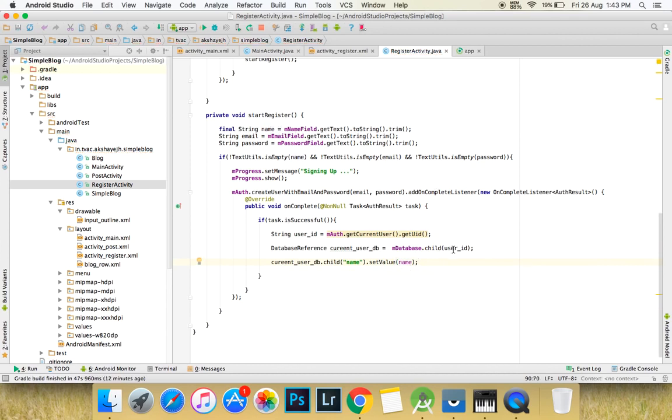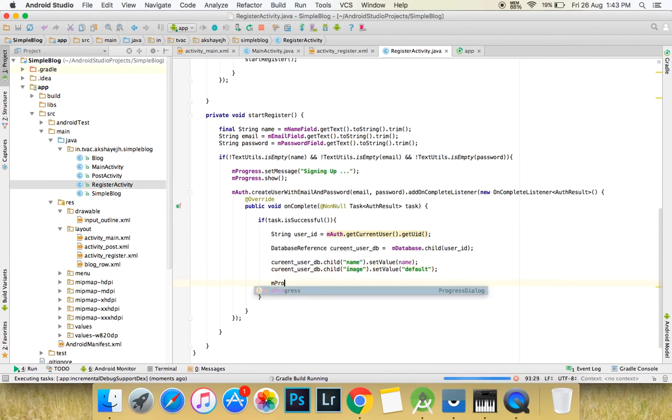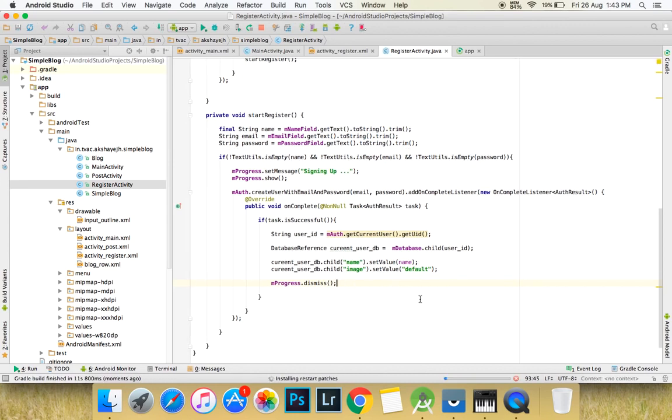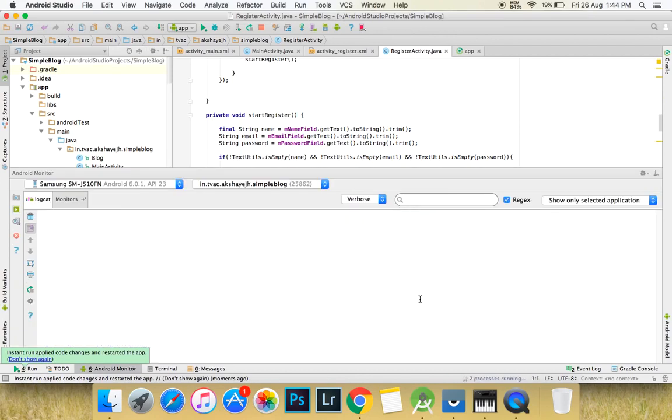Now this will make more sense when we proceed to sign in. I'm going to create one more child, and this is going to be the image, and I'm going to set it to a string "default" just for right now. Let's run the app, and mProgress.dismiss once it is done. And also one more thing, you need to send the user to main activity once the sign up is finished. So let the app run,